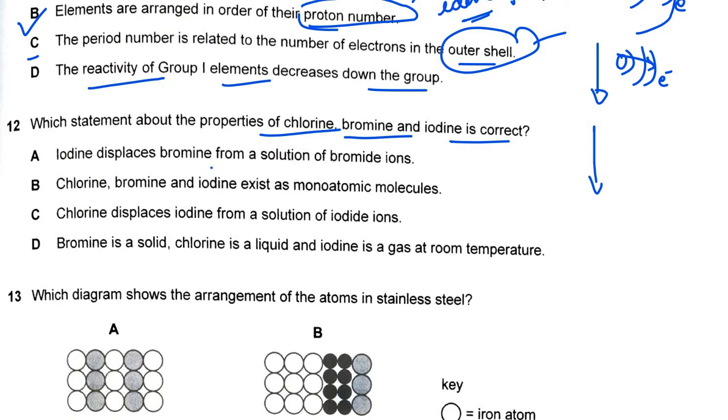Iodine displaces bromine from a solution of bromide ions. Bromine is here, iodine is here. Can it displace? No, because iodine is less reactive in nature. Chlorine, bromine, iodine exist as monoatomic. Obviously not correct. What does mono mean? Mono means one. So molecules which have only one atom, this is only possible for inert gases, which are group number 0, like argon, you will never ever find the